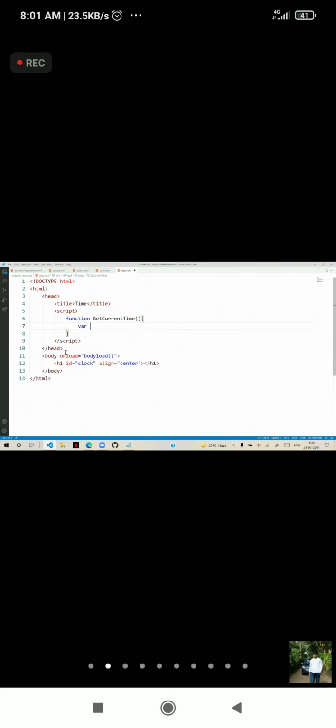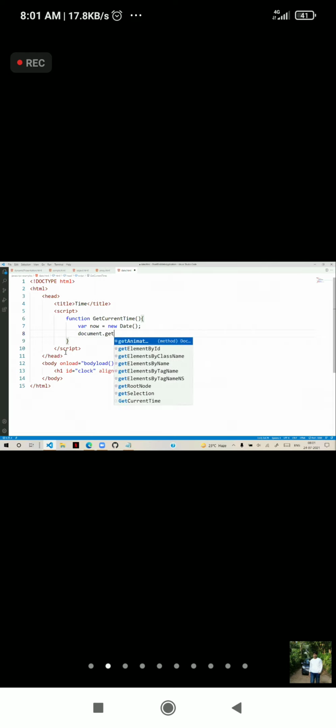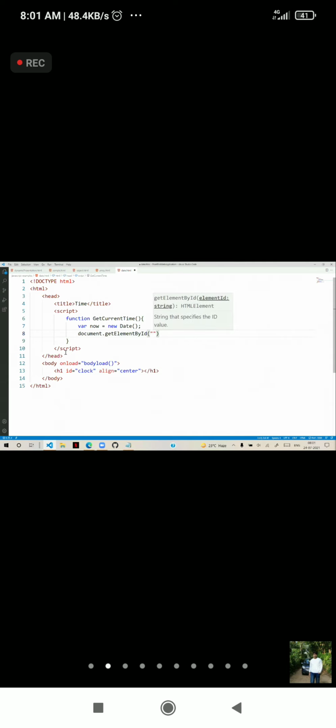So var now is equal to new Date, that will load the date and time. After that, we need to access that heading and display the time. Document.getElementById, the heading is clock.